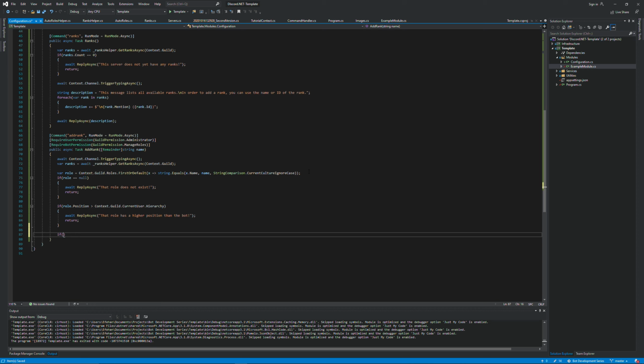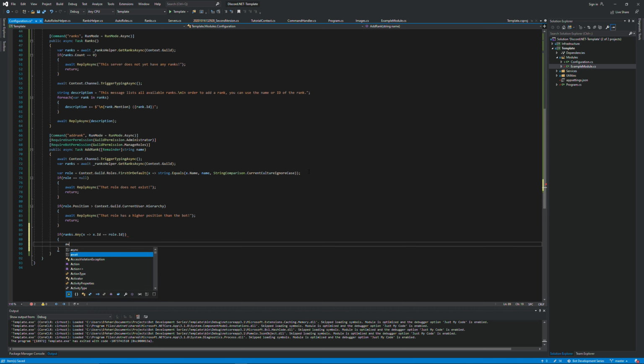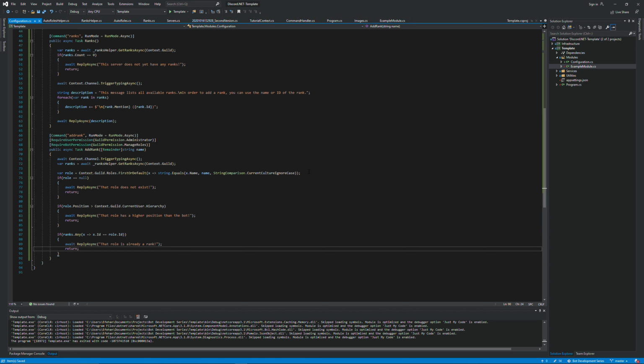So you say if ranks.Any, and then use a lambda expression just like that, and then if any rank x.Id equals the role.Id, so if any of the ranks that we have equal the role ID that we just fetched, then we also want to send an error and say await ReplyAsync, that role is already a rank. Semicolon at the end, use an early return statement,